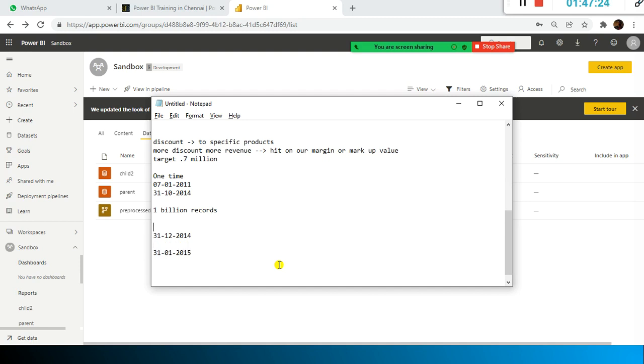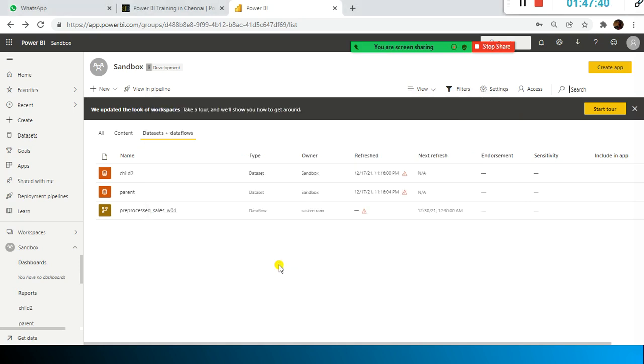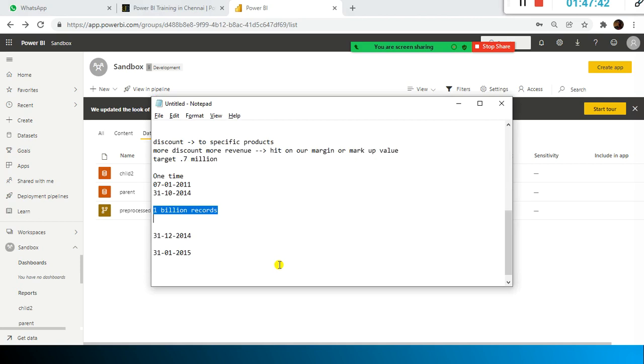Instead of loading the 1 billion records, it has to load only that month's records. So this 1 month of records will get appended to the already loaded 1 billion records. This is how in real time we will be scheduling the jobs. That is the difference between incremental and one-time load.